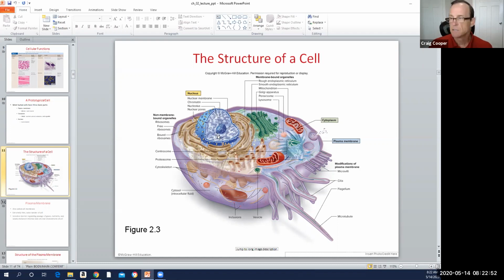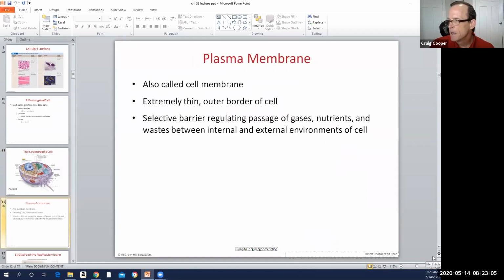The nucleus has its own membrane that surrounds it, and it's considered separately from the rest of the things in the cytoplasm. So we'll start going through these different parts and talk about how they work and what their roles are. So our plasma membrane, again, is a double layered